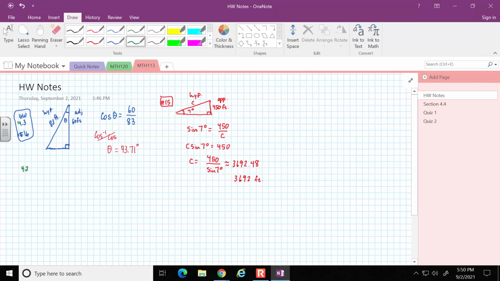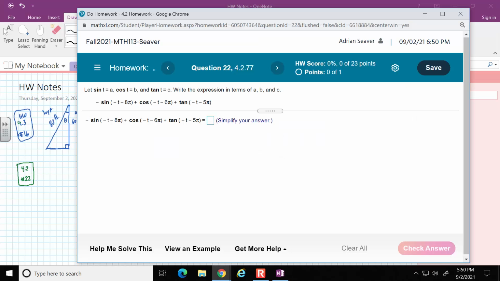And this is number 22. Okay, so it says sine of t is A, cosine of t is B, tangent of t is C. Write the expression in terms of A, B, and C. So this is really using the properties of sine and cosine and tangent and even, odd, some of that kind of stuff to really make a simpler problem. So if I have negative sine of negative t,